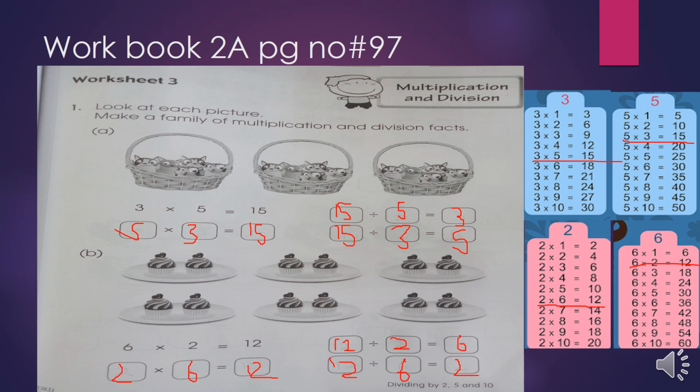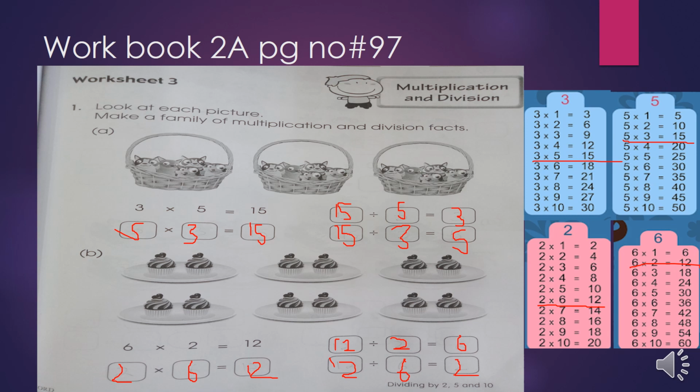So this is how you can make a division sentence. 12 is the total number when you have to divide into 6 equal groups. So the answer will be 2. When 12 comes in 2 table, I have already marked it. Sorry, the equation is 12 divided by 6, which is equal to 2. When 12 comes in 6 table, I have already underlined that 6 2s are 12. So the answer will be 2.